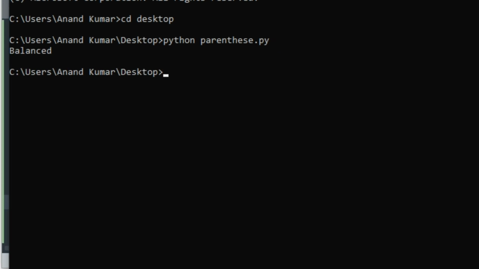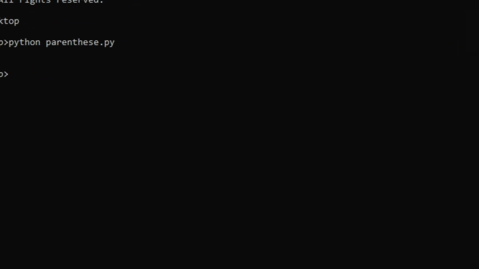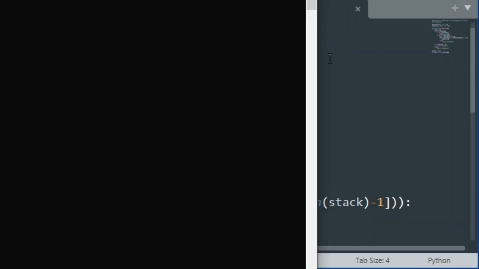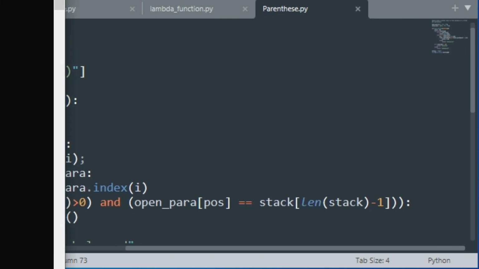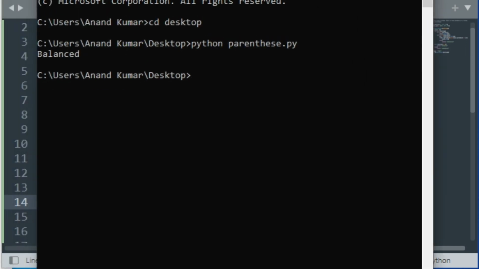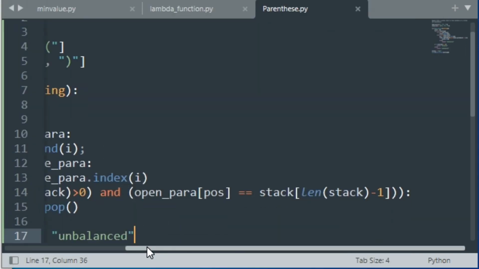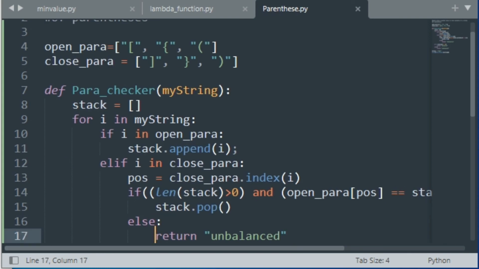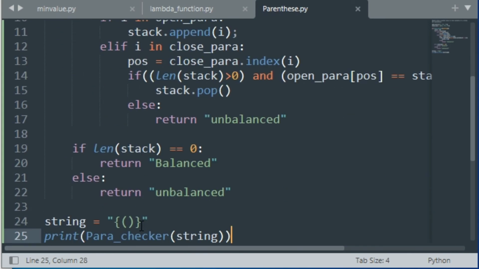So now it is showing the string is balanced. So let me change the string for now. So let's make it unbalanced, and let's see.